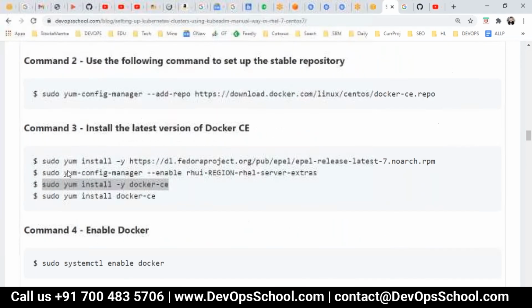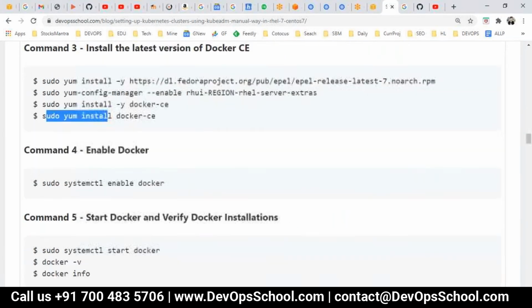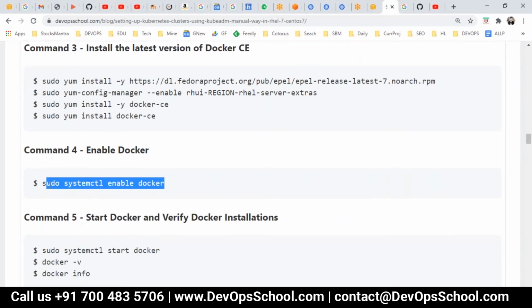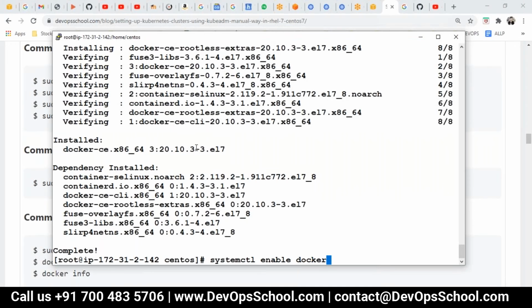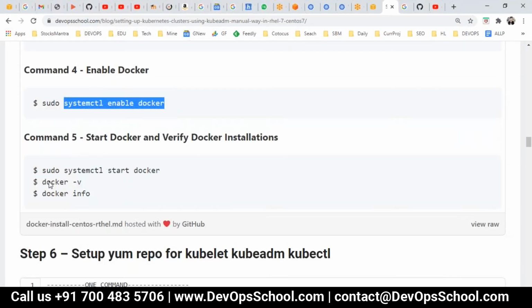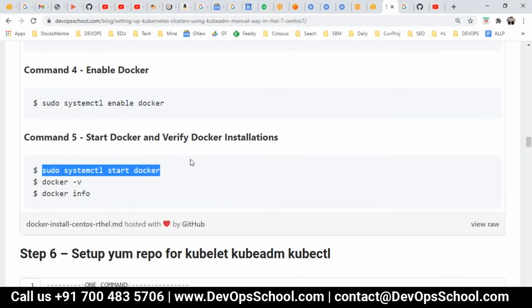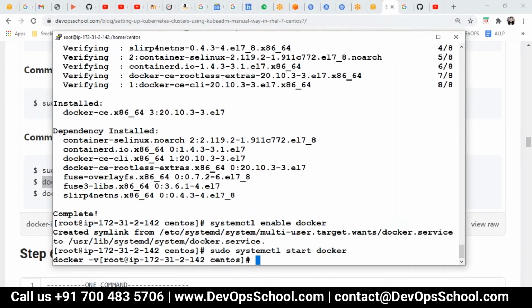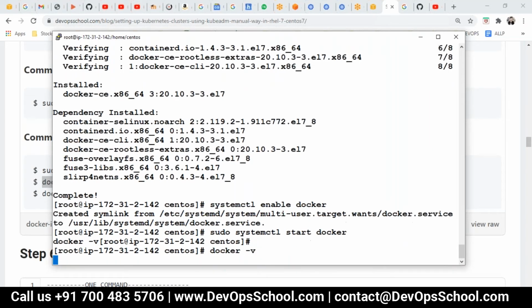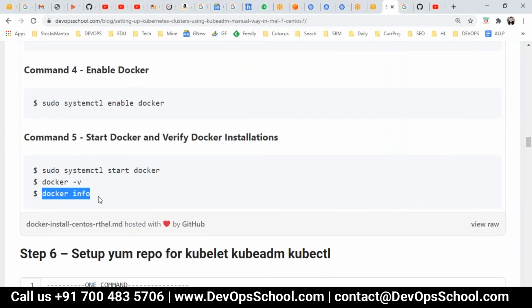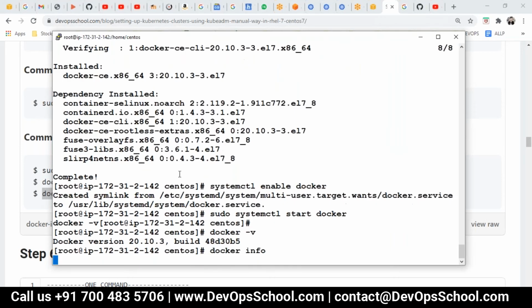Just give me a few minutes. This is repetitive. And now I'm starting, enabling the Docker. And now here I'm starting the Docker. And now checking which version I got. I think 20.x we'll get. Yep. And docker info to make sure that it's running.